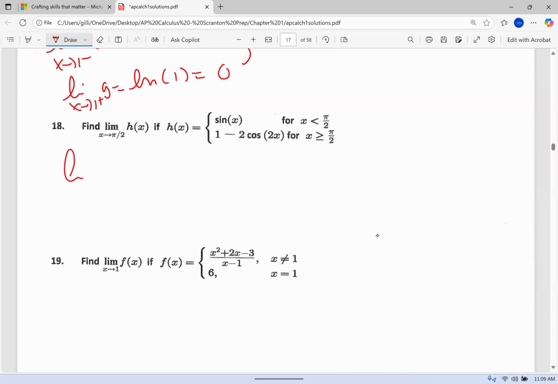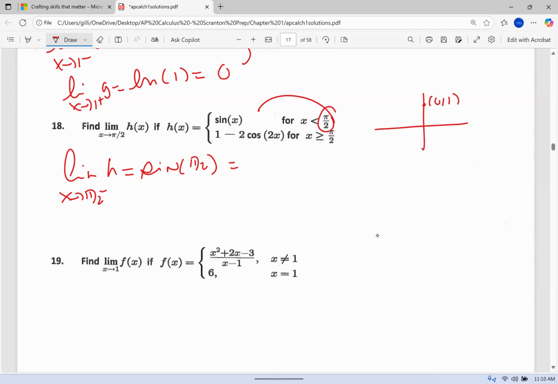Down here, I'll take the limit as x approaches pi over 2 from the left of h. Substituting that in, I'll get the sine of pi over 2, and the sine of pi over 2 is 1. That's the y-value, the y-coordinate, at pi over 2. And then I'll take the limit as x approaches pi over 2 from the right, put this in,